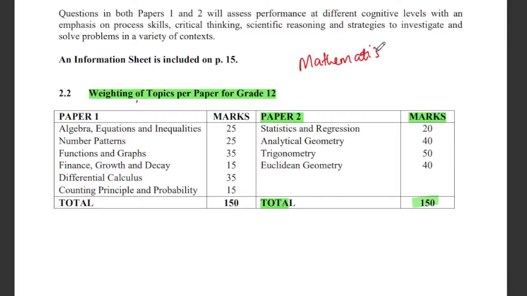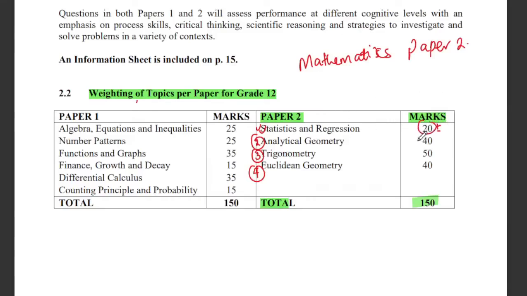Okay, so with paper 2, we have basically 4 topics that we're going to be looking at. Number 1, it is statistics and regression. Then we also have analytical geometry, we have trigonometry, and then lastly, we have the Euclidean geometry. So looking at the mark allocation of each of the topics, statistics and regression will go for plus minus 20